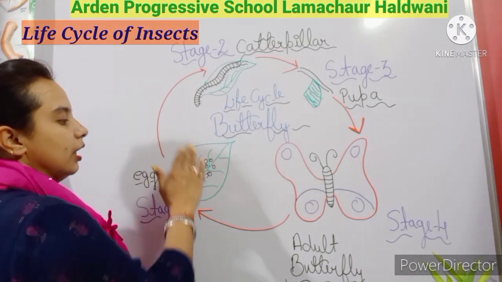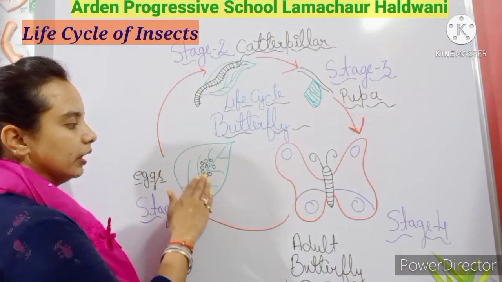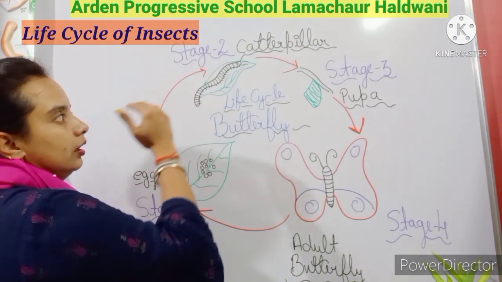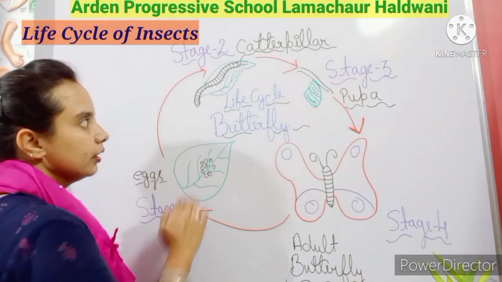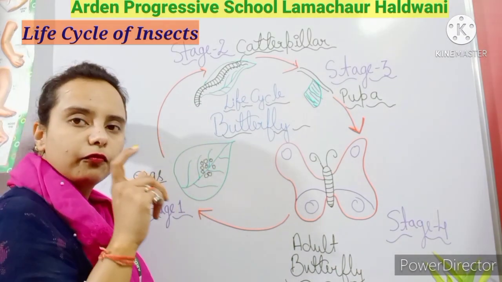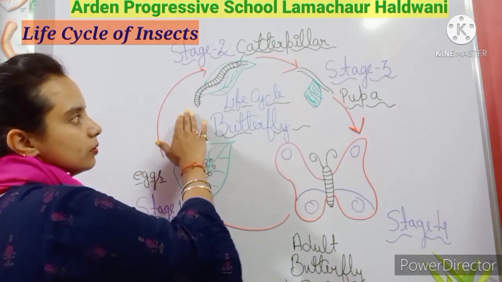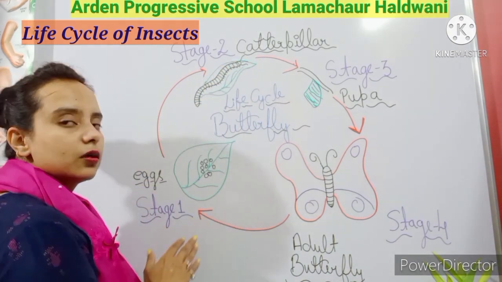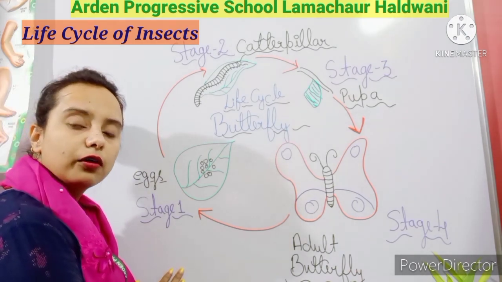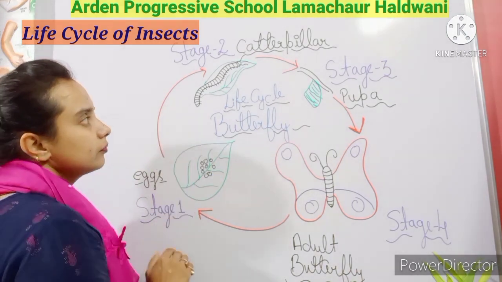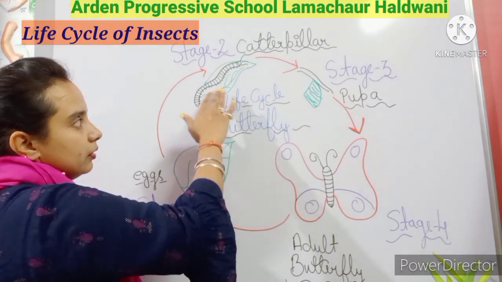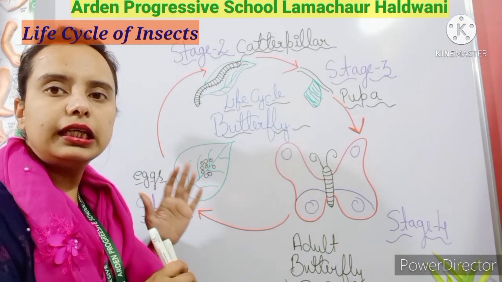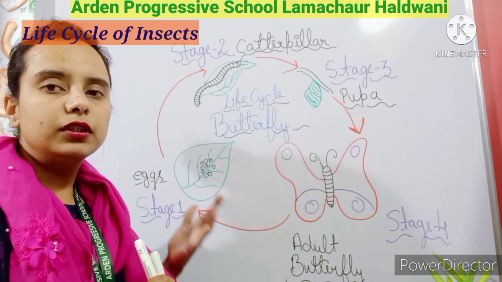Within a week, when these eggs hatch, the caterpillars come out of the eggs. The caterpillar is like a small worm, and the caterpillar is also known as the larva of a butterfly. Then the caterpillar feeds on the leaves, meaning they eat leaves until they develop completely,